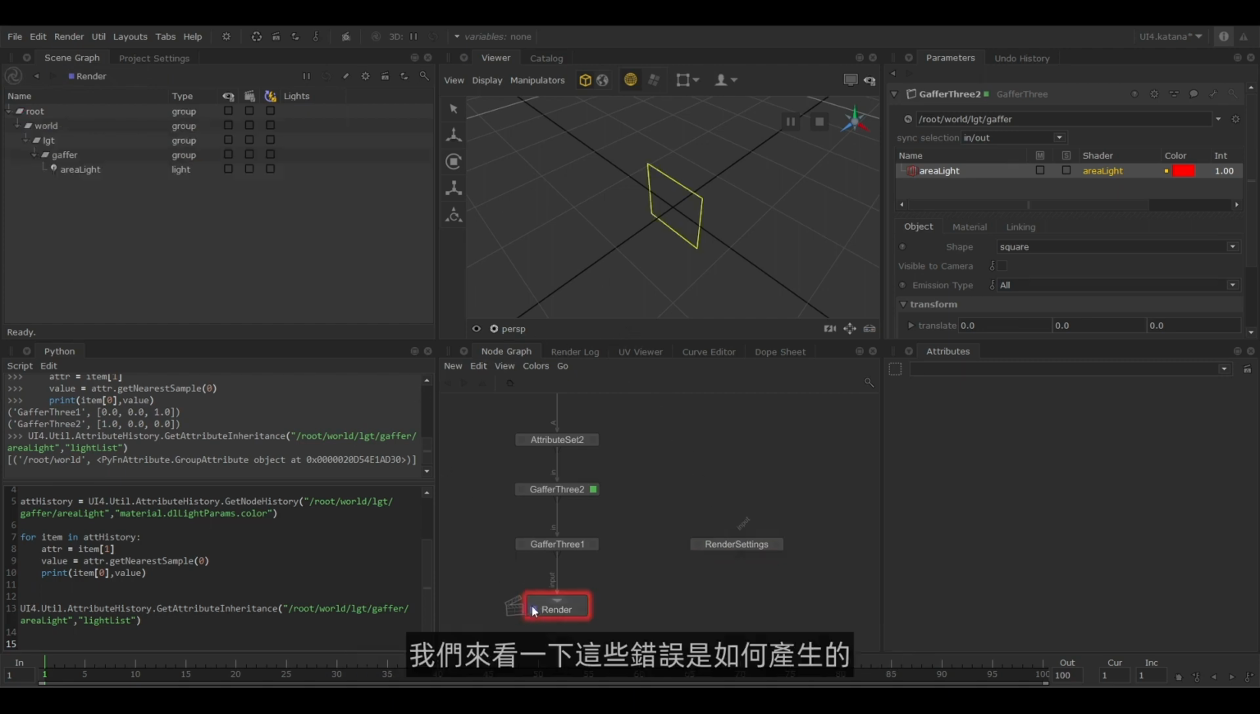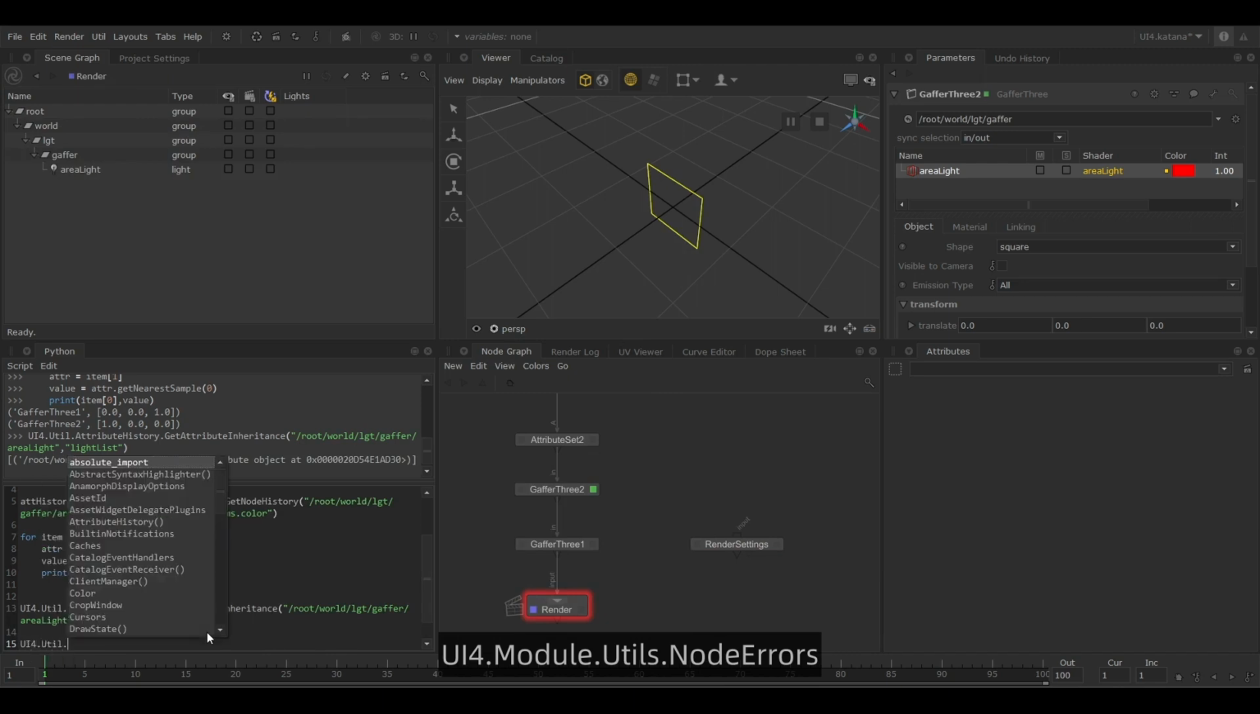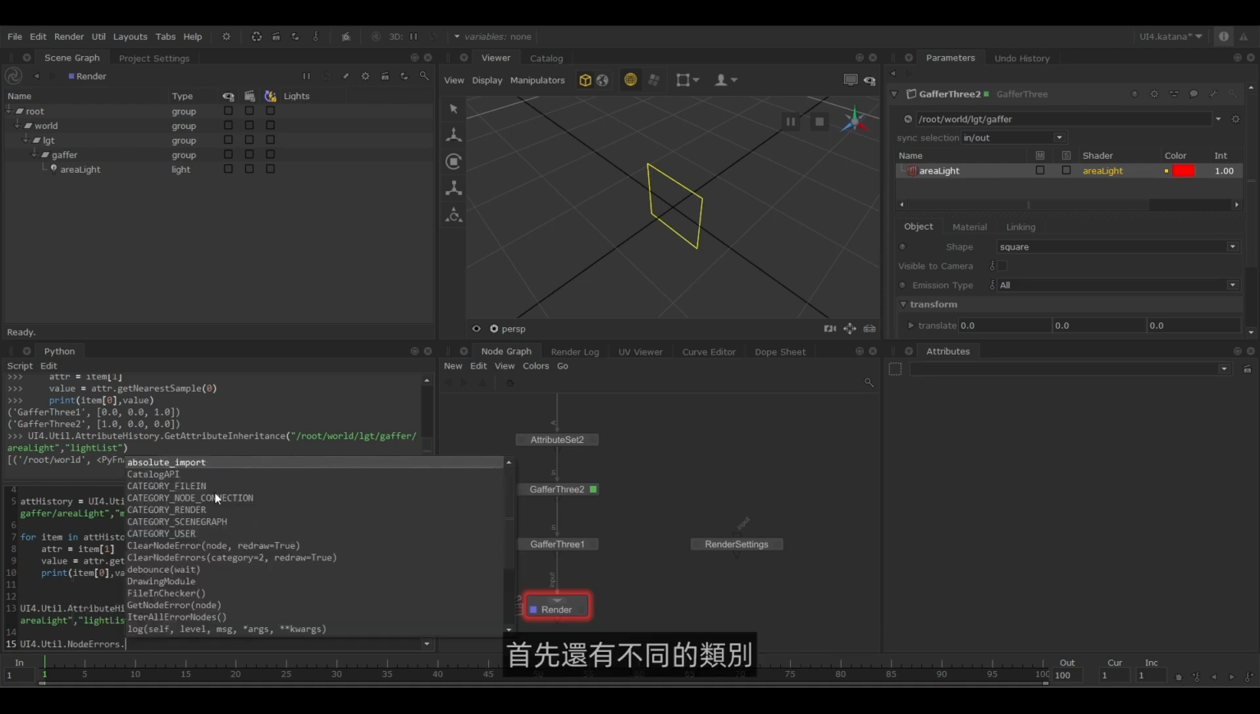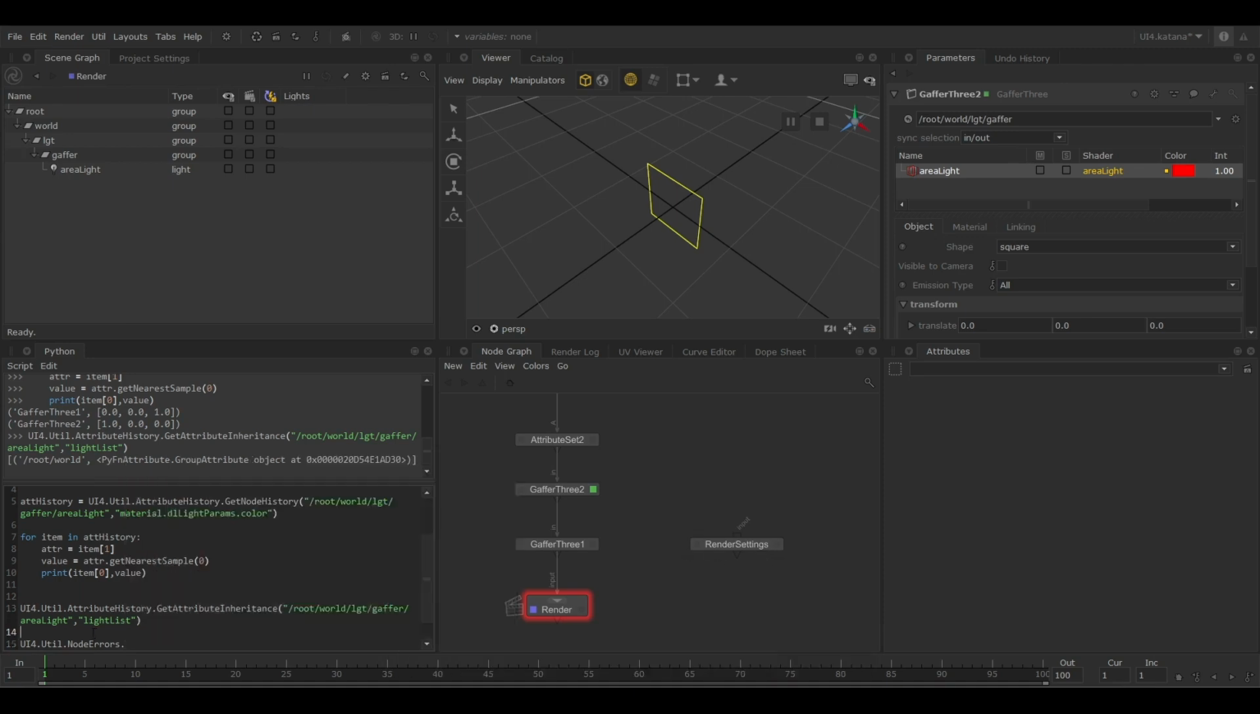So let's have a look at how these errors get created. It's part of the UI4 module. Under the utils, and we have the node errors. Then from node errors, first of all, we have all these different categories. So when a node errors, it could be for a different category. So for example, the render one would be a render one. The render settings was failing on the scene graph, so that'll be a scene graph one. And we can